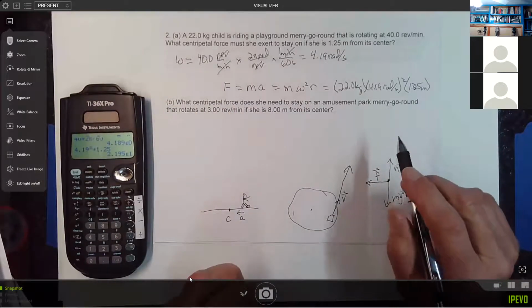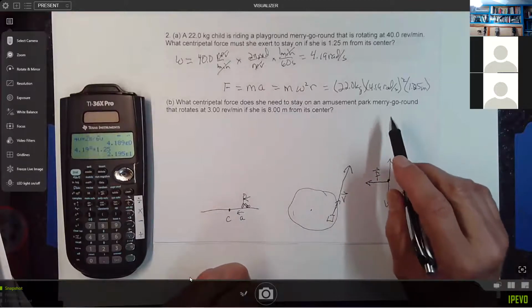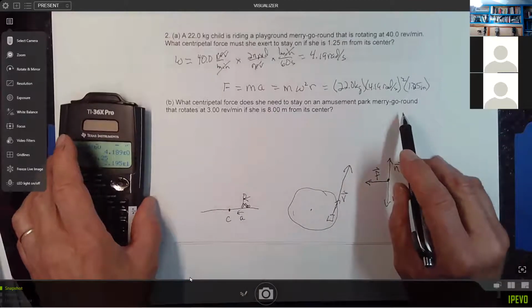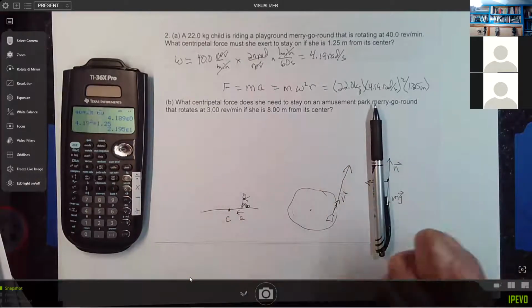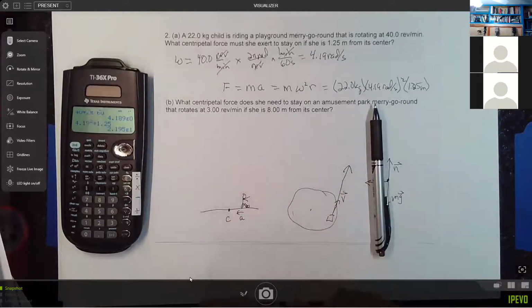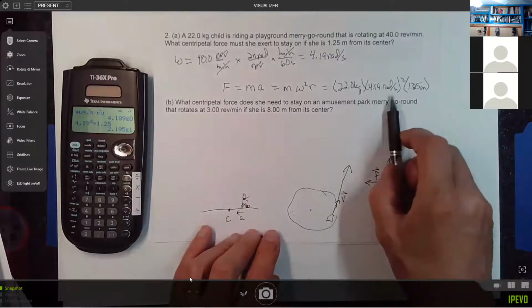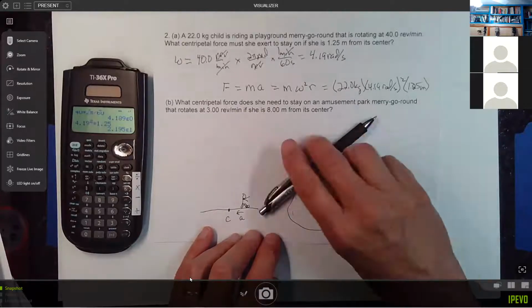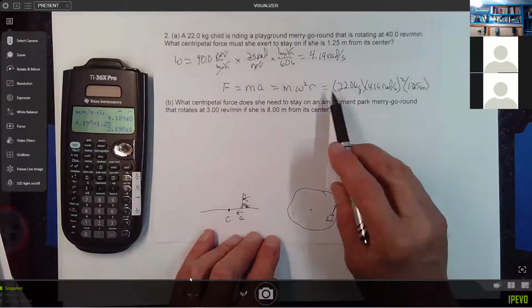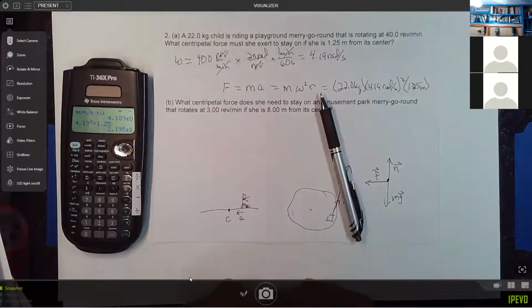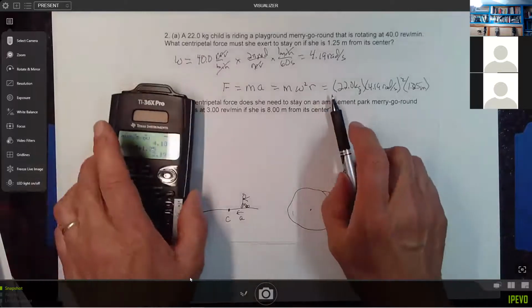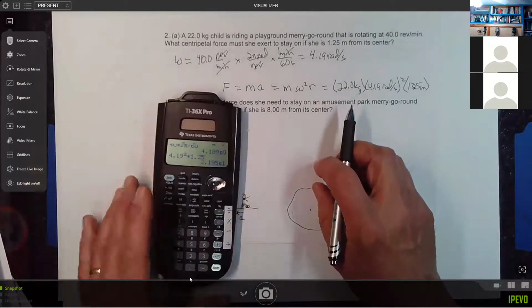That's 2 Gs. It's hard to be on one of these merry-go-rounds when it's spinning that fast, especially if it's going to keep spinning. If you try to pull yourself to the outside of it, it's hard. It's hard to pull yourself out there when you're experiencing an acceleration like that, because your weight effectively doubles, or the force you're having to work against to move your weight there is twice your normal weight or more in this case. So we forgot to multiply by 22,